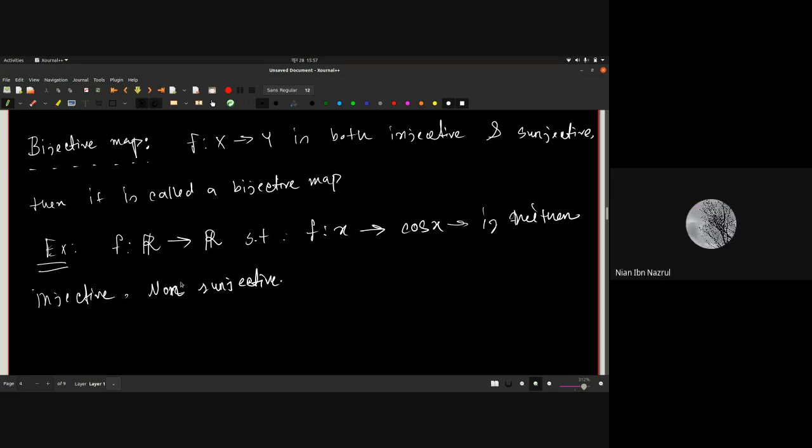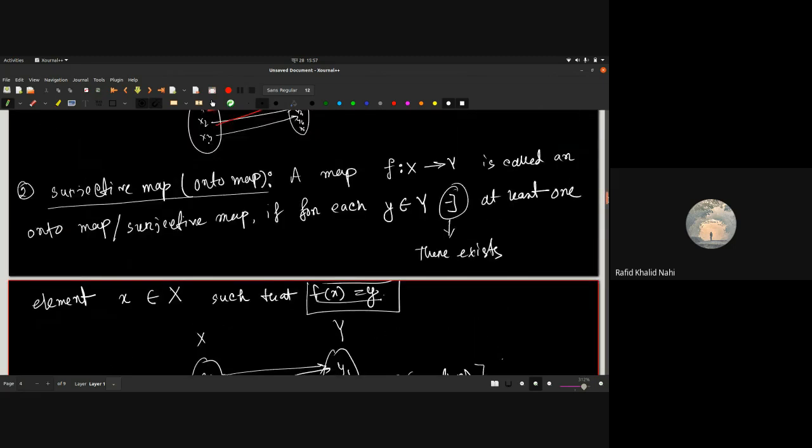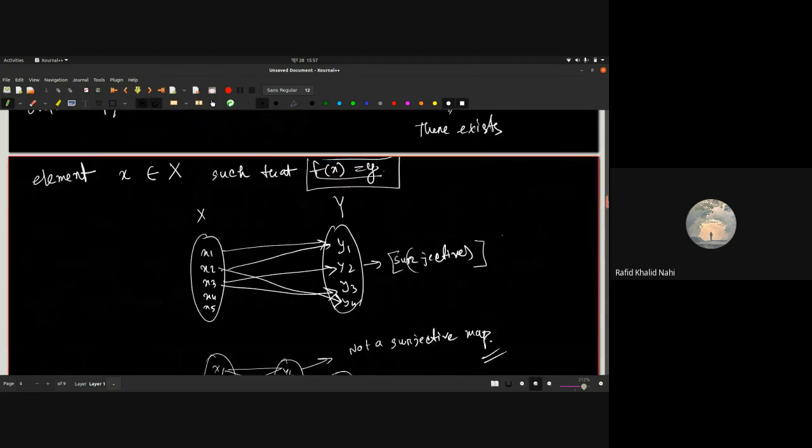সাবজেক্টিভ না, কারণ cos x এর রেঞ্জ হচ্ছে -1 থেকে 1, আর ডোমেইন হচ্ছে এখানে R, সরি কোডোমেইন হচ্ছে R. সো why not injective? কারণ অনেকগুলো x এর ভ্যালু থাকতে পারে যেটা সেম কোসাইন ভ্যালু, because of the periodicity, right? Okay, good. আচ্ছা, আমার কনফিউশন মানে কোশ্চেনটা বুঝতে পারছি।